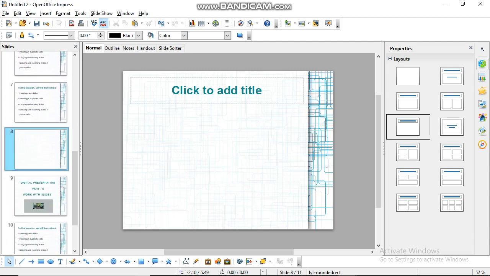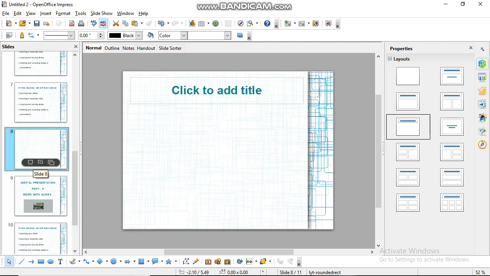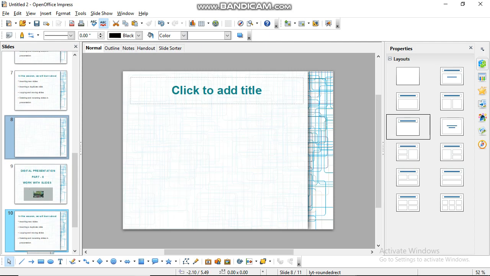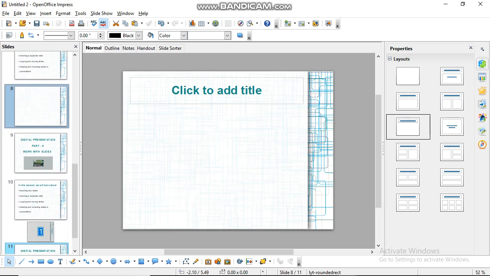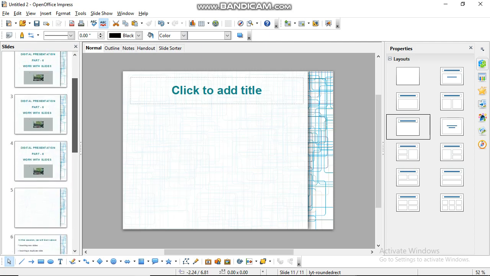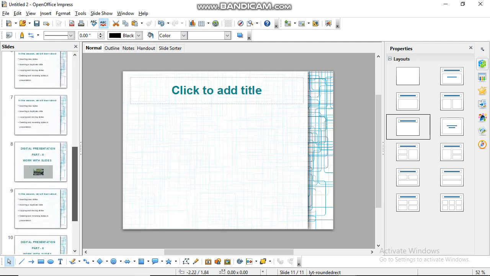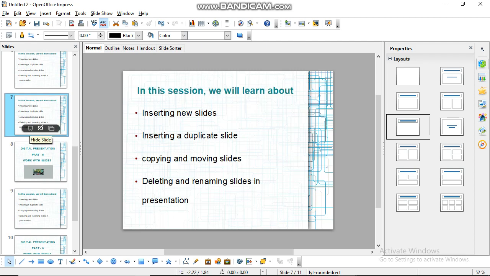Similarly, this blank slide 8, I may either cut it, or simply I can drag it to the bottom of the slides pane. So you can simply drag it, or you can cut it and paste it. So that is how you can move a slide from its existing position to any other position.